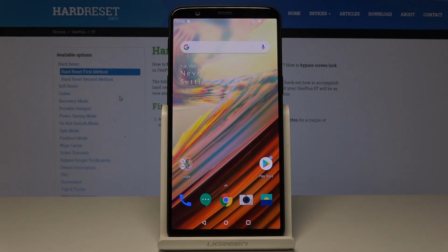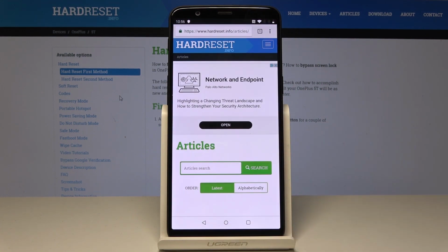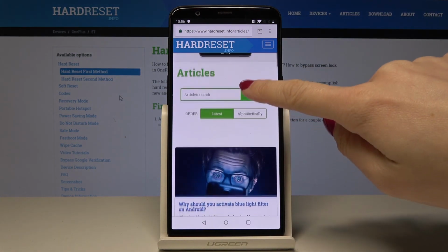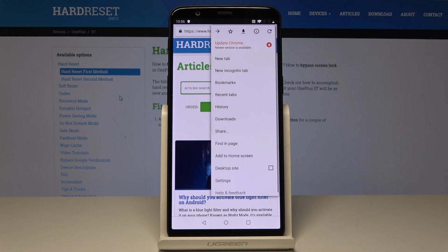Here I have OnePlus A 5010 and let me show you how to reset browser on the following device. So at first you have to open the browser that you are using. In my case it's Google Chrome, so just let me open it. Then tap on three dots icon, it's more icon located in right upper corner, so just tap on it and